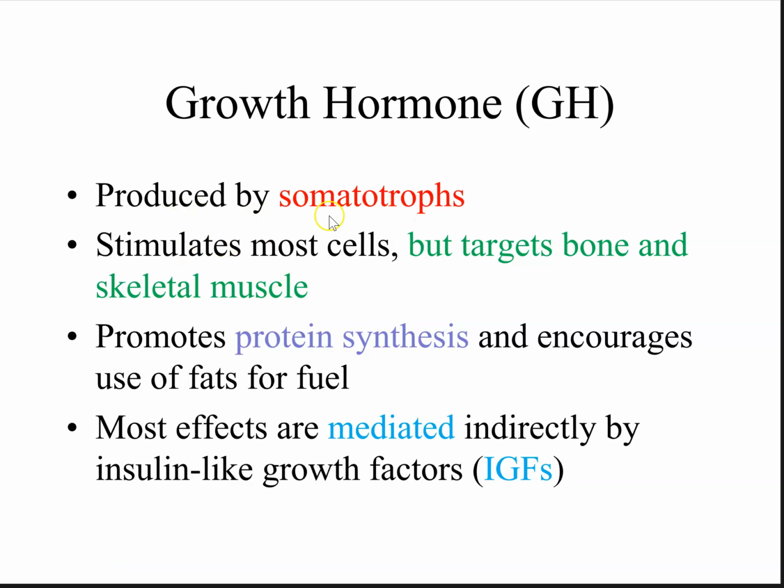So, growth hormone is produced by cells known as somatotropes, and one of its main functions is to reduce uptake of glucose by cells. So it helps in increasing blood glucose indirectly, and it stimulates most cells in the body, but it mainly targets bones and skeletal muscle, specifically the epiphyseal plate of long bones. If you remember, the long bones grow at a region known as the epiphyseal plate,